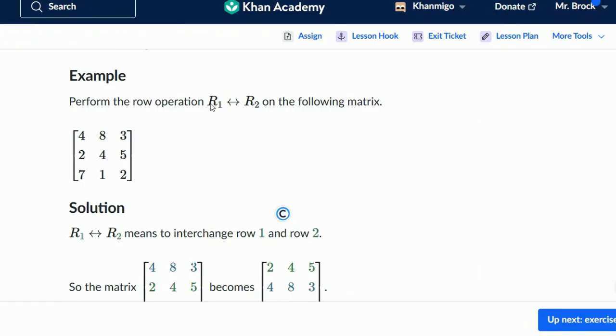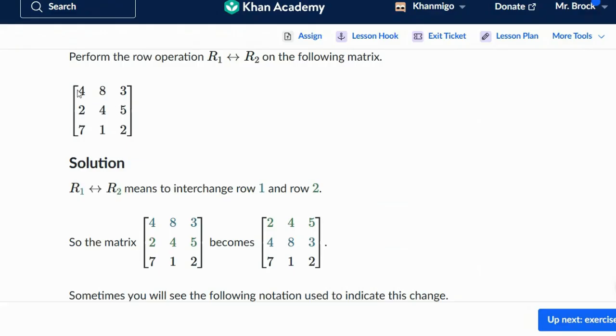You may see this as the directions. You'll see R1 and R2 and this double arrow. That means take row 1 and row 2 and switch them. So on this matrix right here, we have a 3 by 3 matrix: 4, 8, 3, 2, 4, 5, and 7, 1, 2. If we had this R1, R2 command, we would take the 4, 8, 3 and move it to